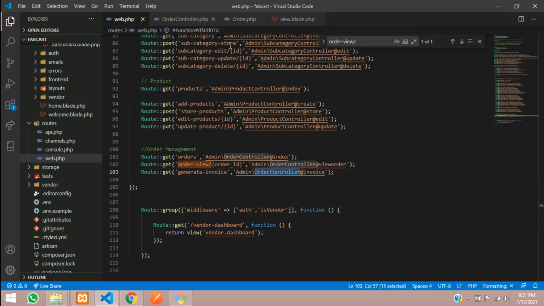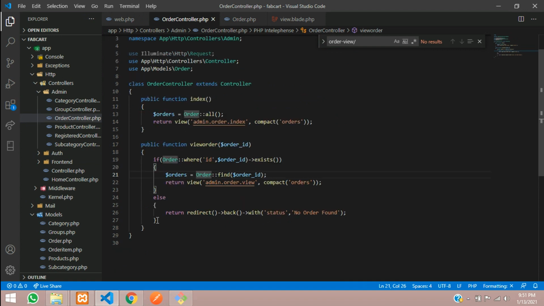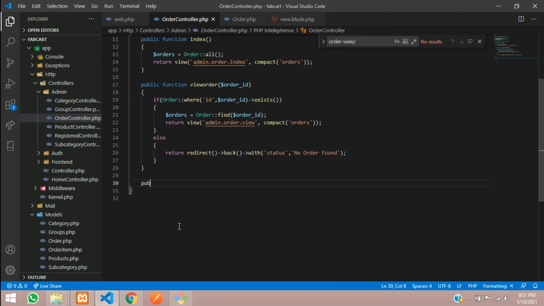We have already created it over here, and now guys, let's create a function with the name order invoice. Inside this we will view the output of it. Before creating your invoice or whatever you are going to send, we have to design a template for invoice. So first I will create the file for it and we will design a template.